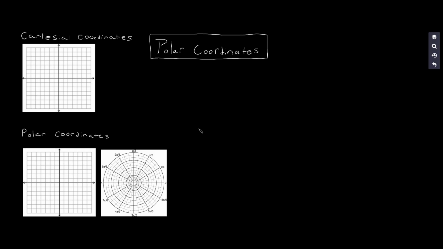What are polar coordinates? Well, we cannot talk about polar coordinates without talking about the Cartesian coordinate system, also known as the regular coordinate system or the rectangular coordinate system, which was discovered by somebody called René Descartes. René Descartes was laying in bed and he was looking up at his ceiling